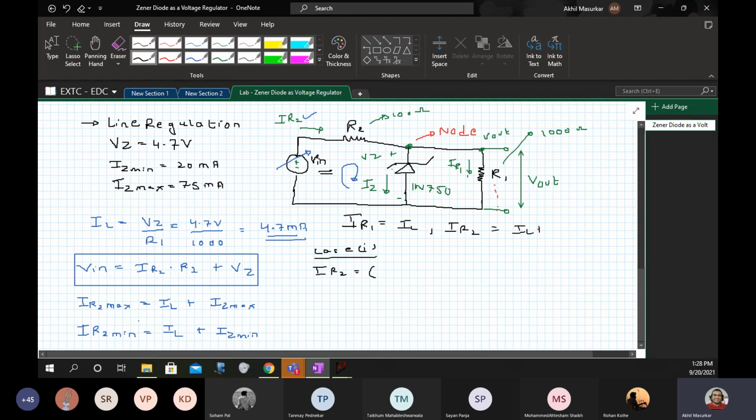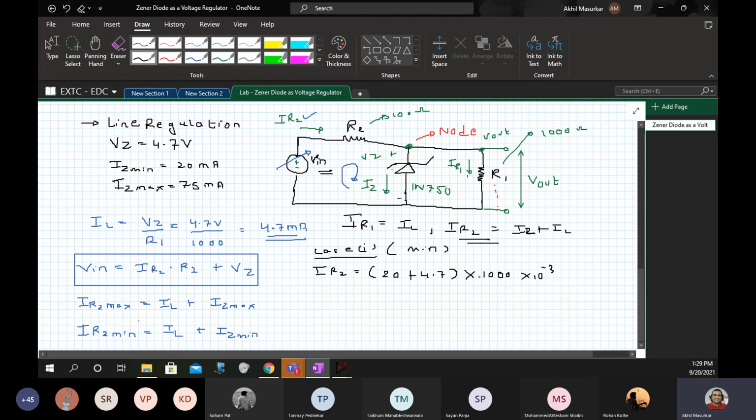IR2 is nothing but IZ plus IL. So IZ in the first case, for the minimum condition, I will write 20 milliamperes plus 4.7 milliamperes, because this is my IR2, into 100, milliampere being 10 raised to minus 3.